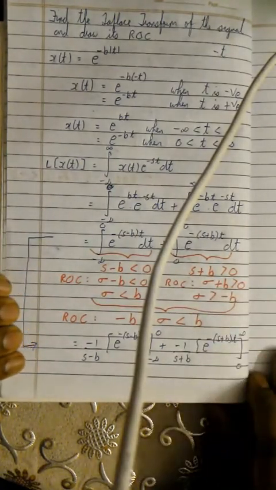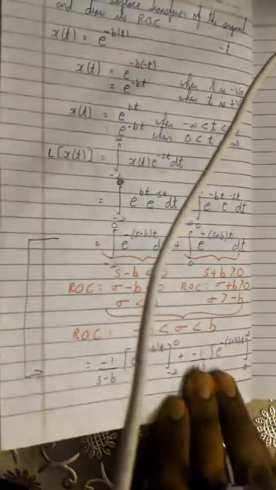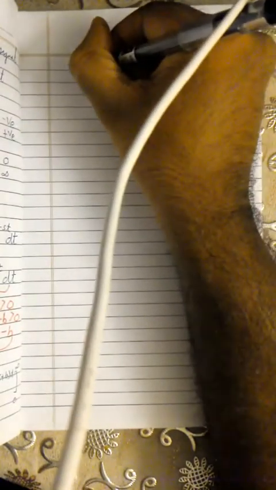Okay, so this is also equal to minus 1 by s minus b into, so if I substitute 0, it will become e raised to 0